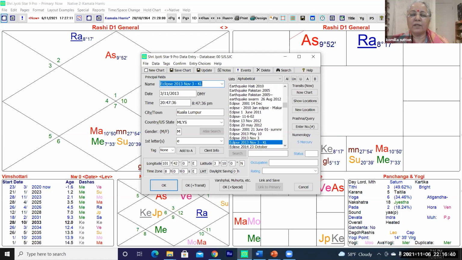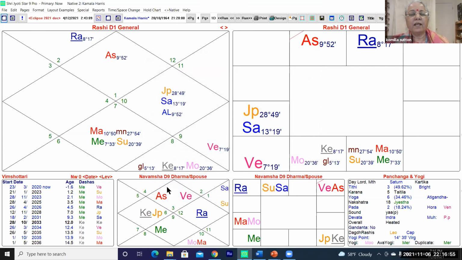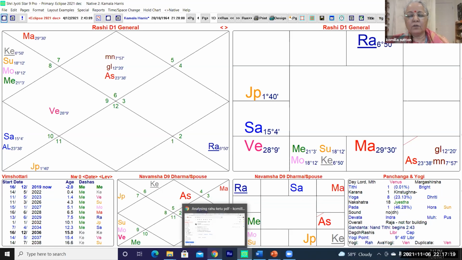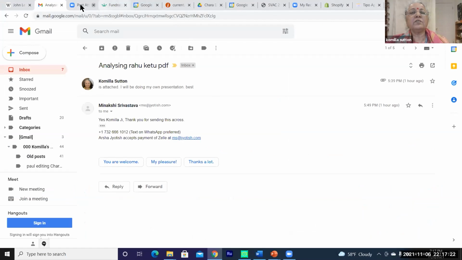So there are 2 eclipses happening now. One is on the 4th of December, 2021. I just made it for Washington, D.C., 2:43. You can see at 18 degrees Scorpio, Ketu eclipse. This is the last eclipse in the Scorpio Taurus axis. And before that, we have an eclipse which is on the 19th of, and if you look at this aspect here, let me just,